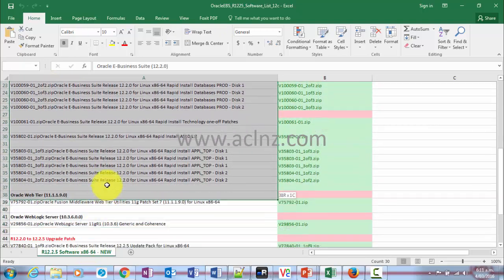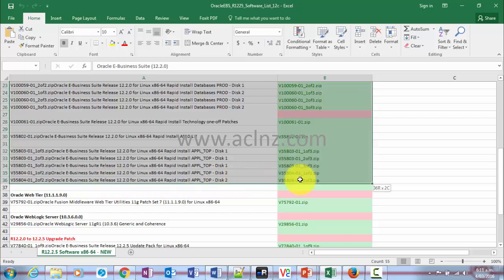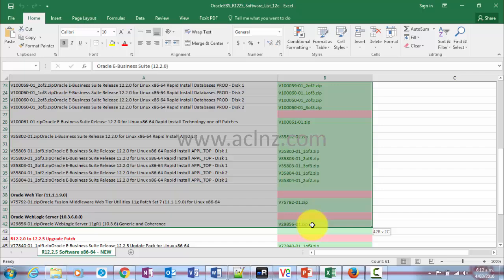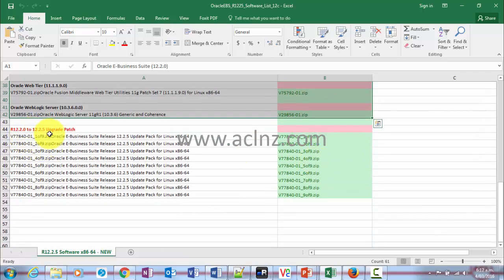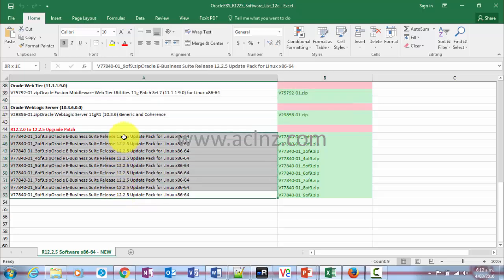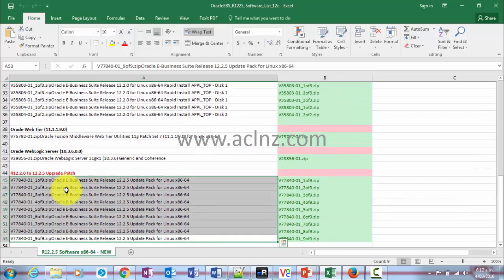Okay, these are the same files which I have shown there, but here I have just picked the files which are required for installation. Once you have downloaded all these files, you've got to separately download the files for upgrading from release 12.2.0 to 12.2.5, and there are approximately 9 files. These are the major files you've got to download, but in addition to that, while you're upgrading,